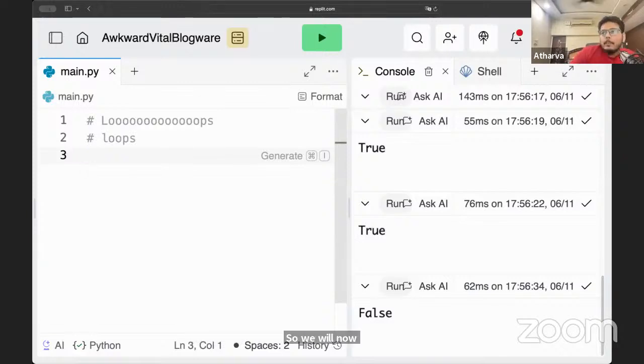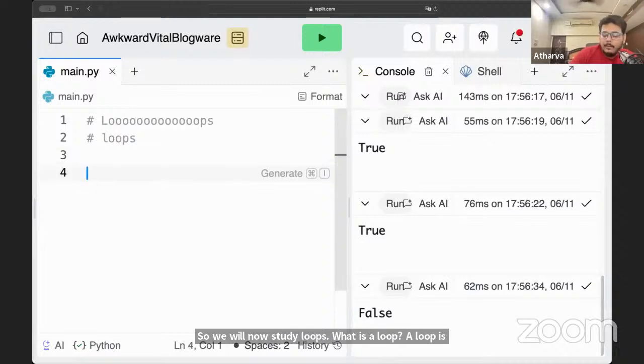What is a loop? A loop is something that repeats. That's what the English meaning is. Loop it, repeat it, loop it, repeat it.